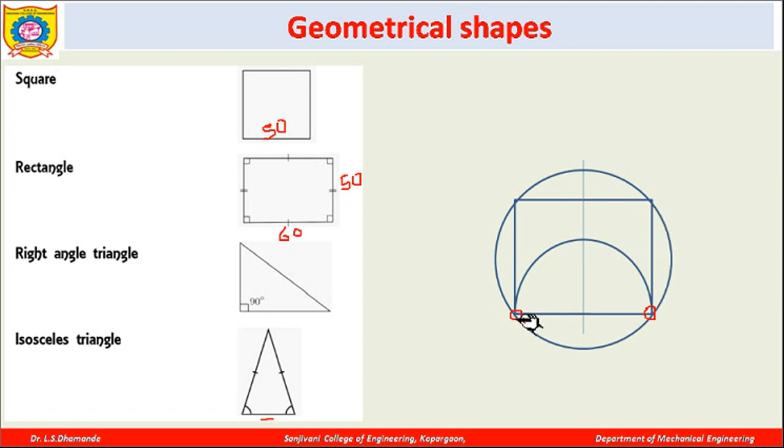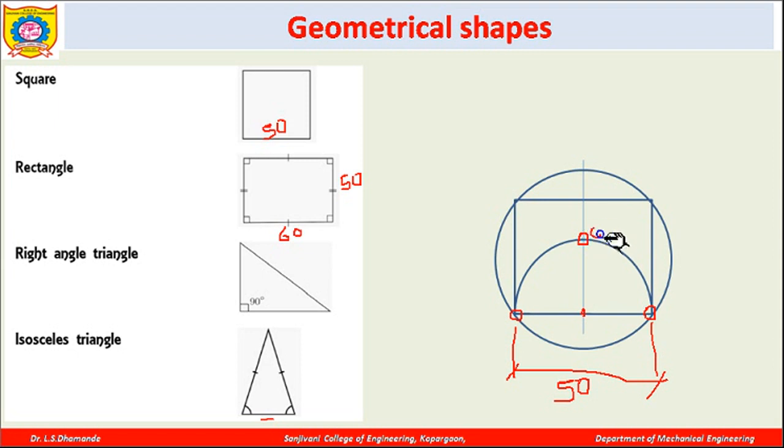So what you have to do is, first you have to draw this size, whatever is there of this line. Let us consider, in this case, randomly we'll take this dimension. I'm drawing this oblique line, suppose 50 mm. Now I have to divide this line and draw one perpendicular here. So this is the midpoint of this line, and from here I am drawing the perpendicular. Now once I get this midpoint, with this as a center, I have to draw an arc completely. This half circle I will draw here, this way. So this is the point I am getting intersected over here with this particular vertical line.